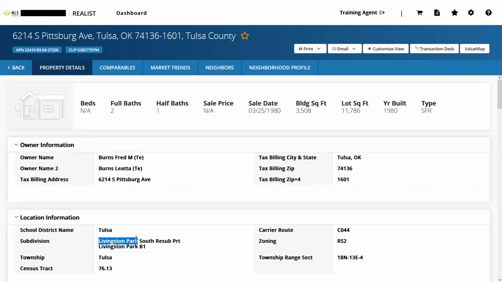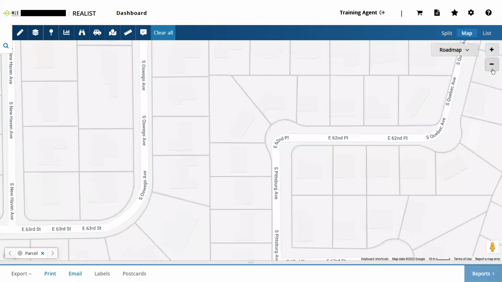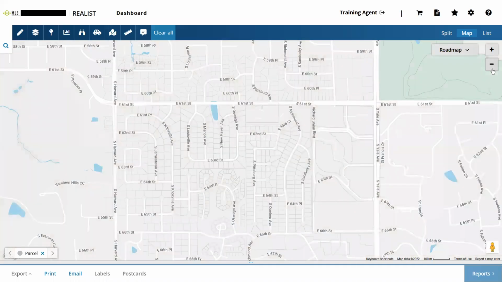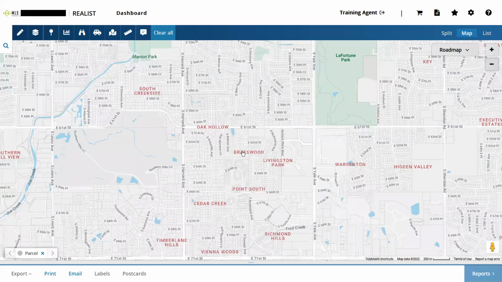the subdivision from here. So like if I wanted to see Livingston Park, you can use that to run your search. But yeah, there are some neighborhood names that you guys might see on here. You just have to zoom out to a certain level and it'll start providing those little burgundy labels on them. Like here we got Livingston Park, but